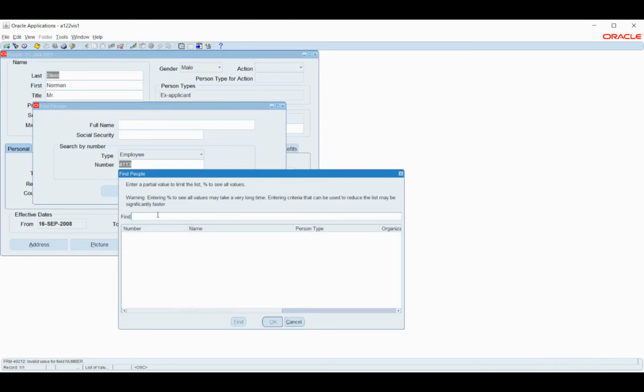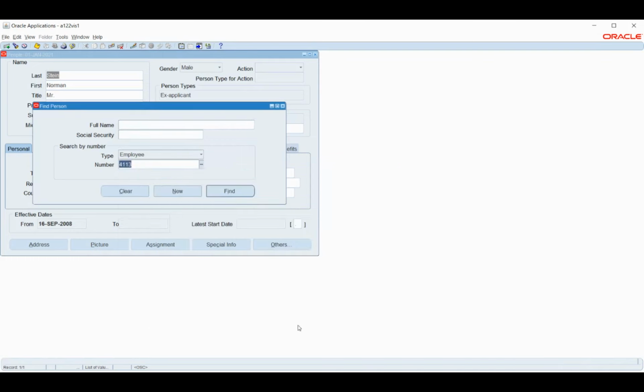What is it? 4113, right? Yes, sir. When did you create this? I created it one week before, sir. Did you create any security and then created this? No, sir.